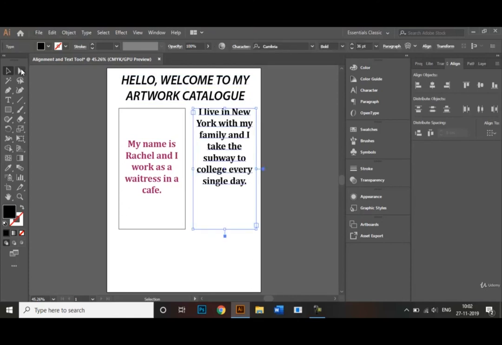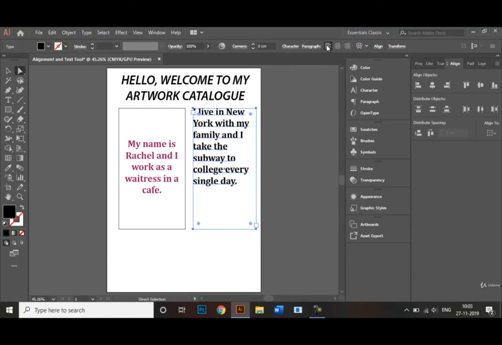Let's further edit this text. So instead of centrally aligned, I wanted it to be left aligned, and that's it. So the earlier rectangle that we had made now acts like an invisible guide for our text, and we can also, if needed, decrease the size of my text box like that. And there you go. So it's that easy to use the type tool and the align tool.